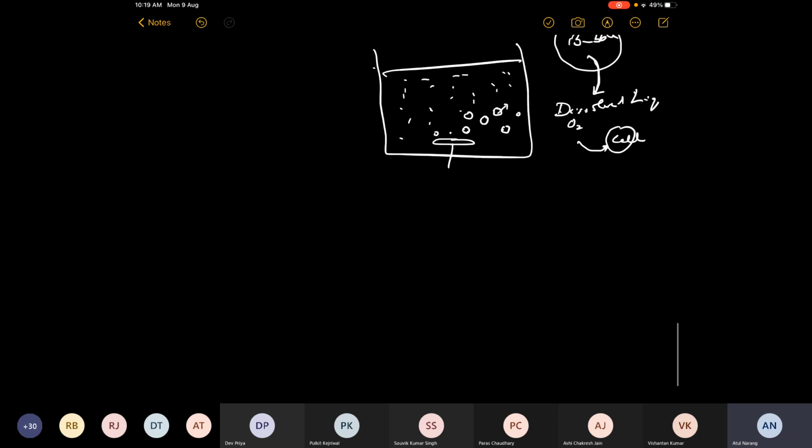So this is more of what you may have covered in the name of gas liquid transfer. So this is interphase transfer of gas from the gas phase to the liquid phase. Have you covered this in some way? If not,